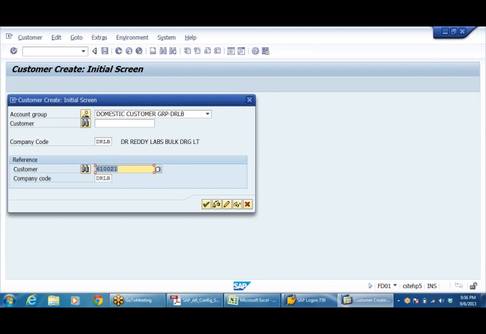So what I'm telling the system now is, I'm creating a new customer, but with reference to this. Except the first screen, every screen will be the same, just like creation of a GL account with a template.